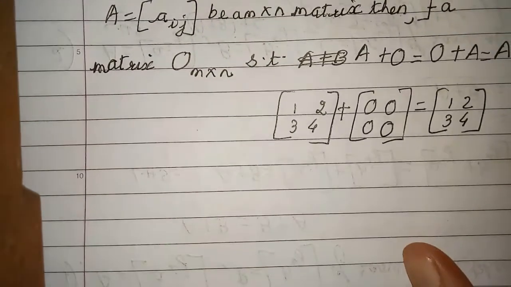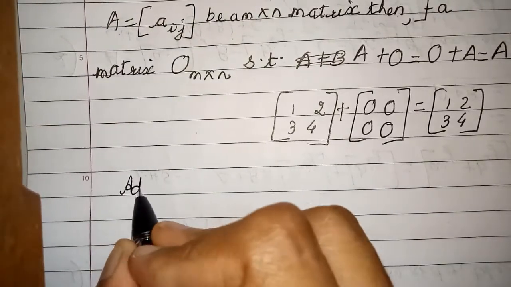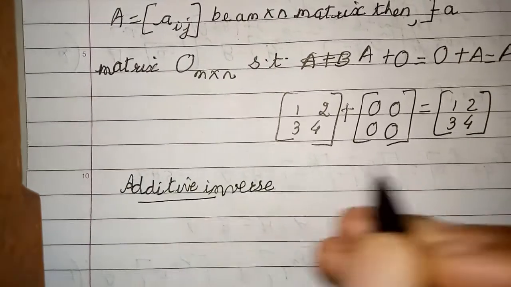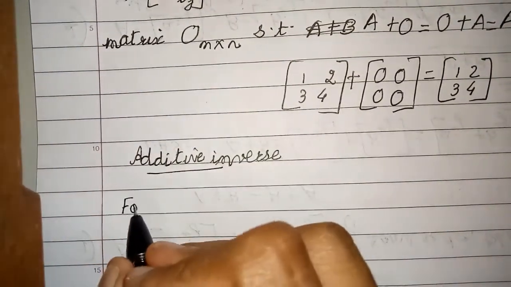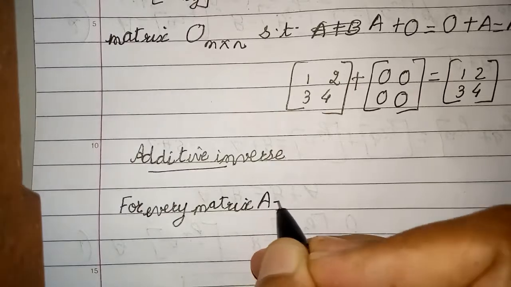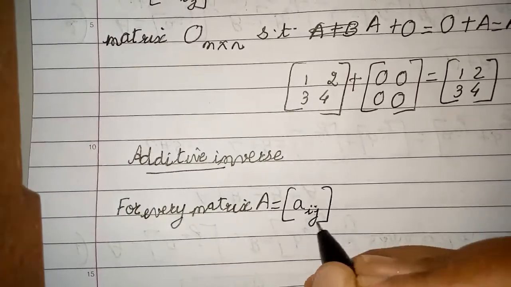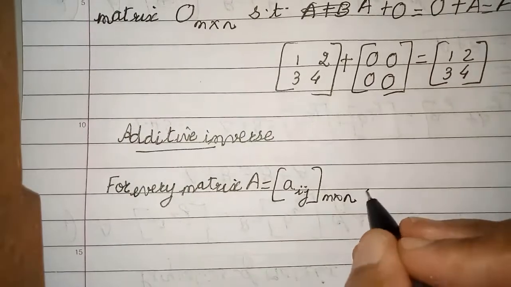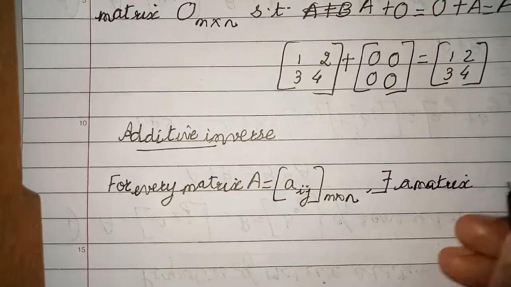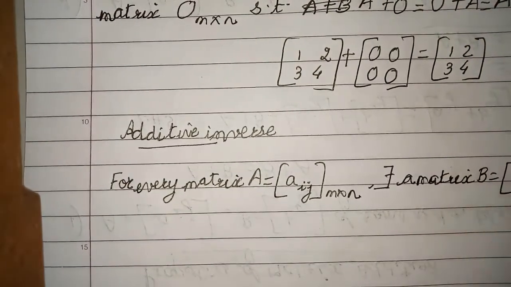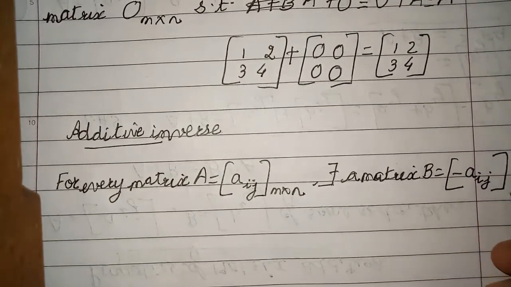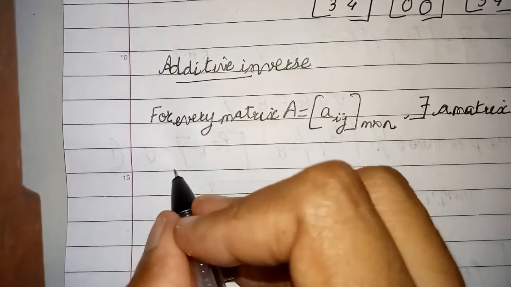Now I gave you a specific example of 0, 0 as additive identity here because I have considered real numbers. Now the next one is additive inverse. So you know that, children, if additive identity is there, then additive inverse also you can create, right? So for every matrix A equal to Aij, the order of the matrix is M cross N, there exists a matrix